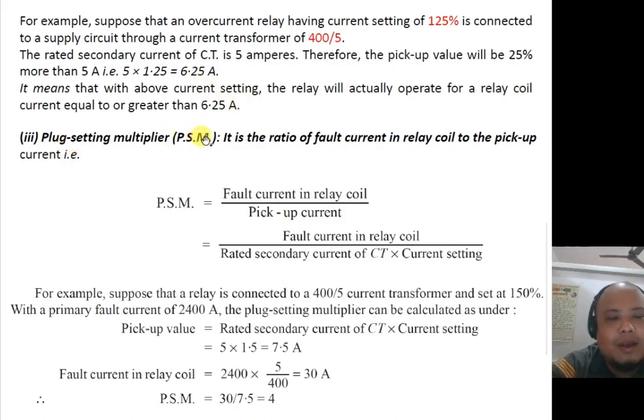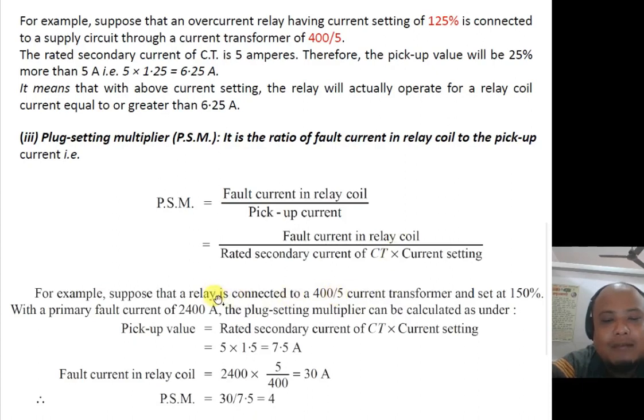Next is PSM, the plug setting multiplier. It is the ratio of the fault current in the relay to the pickup current: I by I reference, where I is the incoming current via the CT, the fault current in the relay coil, divided by the pickup current. And pickup current, we already have the formula: rated secondary current of the CT multiplied by current setting. Please remember this formula. For example, suppose a relay is connected to the line via a CT with a ratio of 400:5,